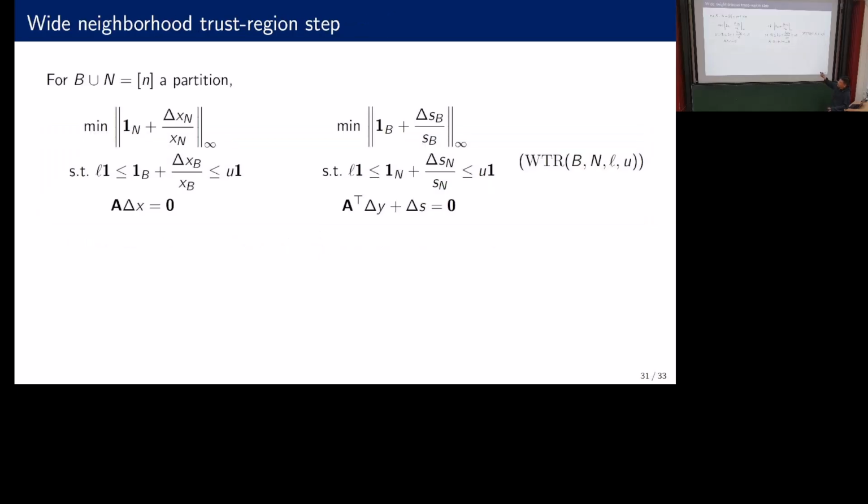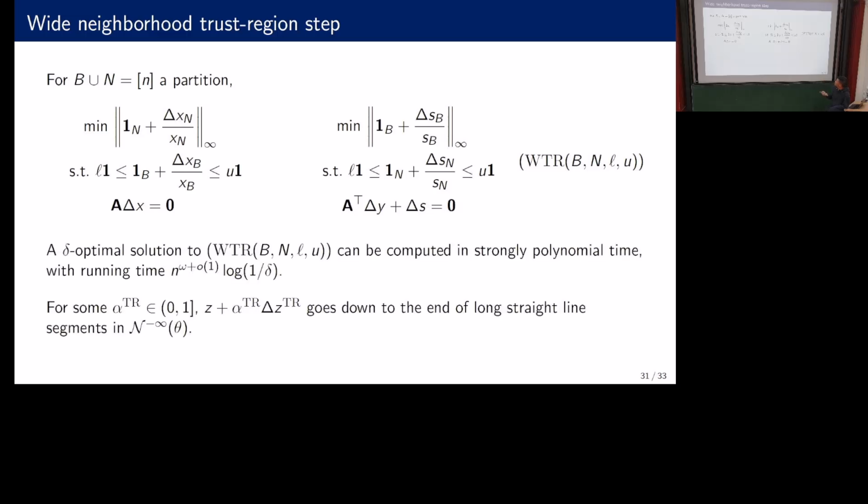And then we can formulate this Y neighborhood trust region as an optimal solution to this Y neighborhood trust region problem. So here I still want to scale down the primal variables on N as far as possible, while the primal variables on B stay bounded in B. But here both of these norms are L infinity, and then I have the same linear constraints so that I stay in the correct subspace, and more or less the same for the dual program, except B and N are swapped. And then we also give an algorithm, but it is much more complicated than the L2 case. So we can find the delta optimal solution to this, also in strongly polynomial time.